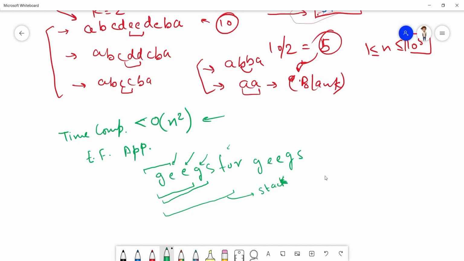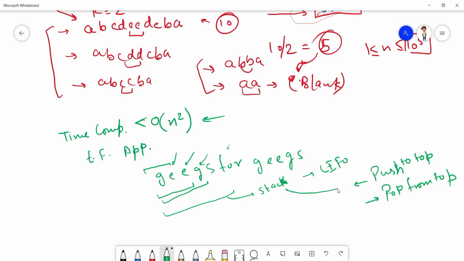Stack is a data structure which follows the LIFO principle. As soon as we push in, it comes at the top of the stack, right? And as soon as we pop it, it pops from the top of the stack. Push to top and pop from top.